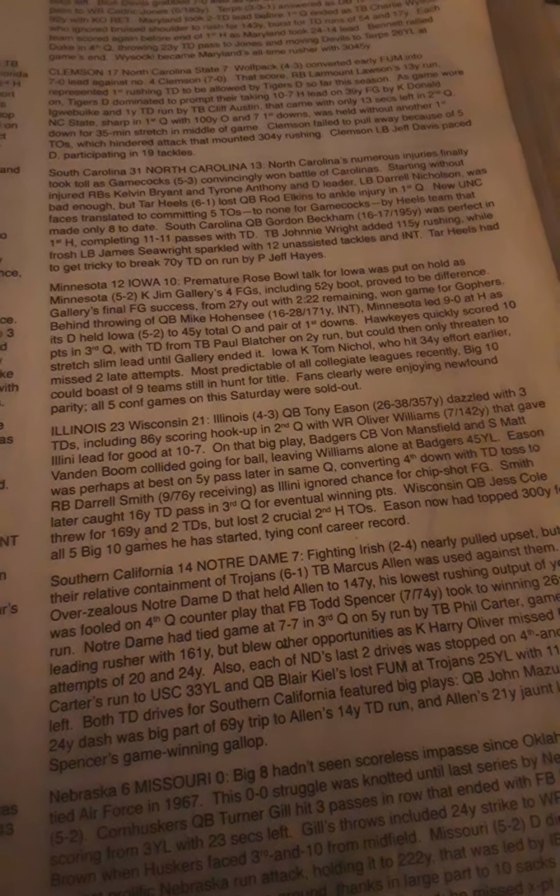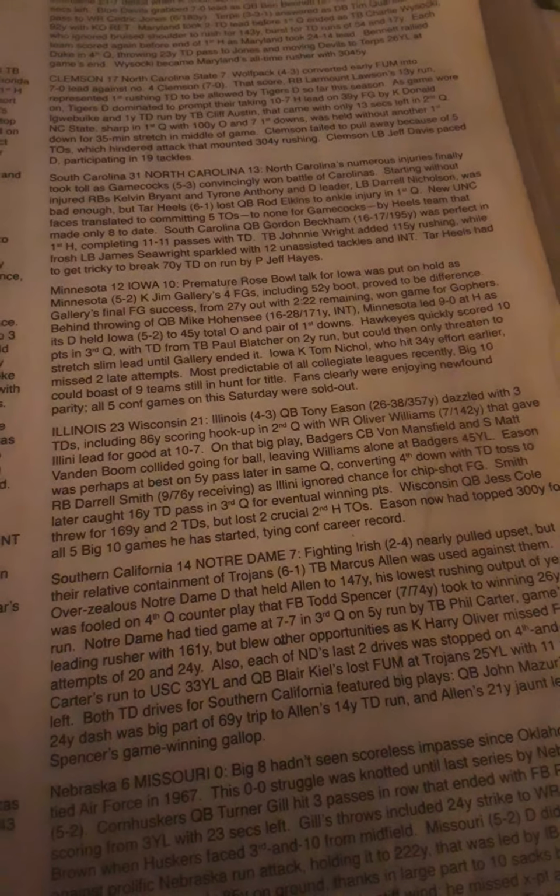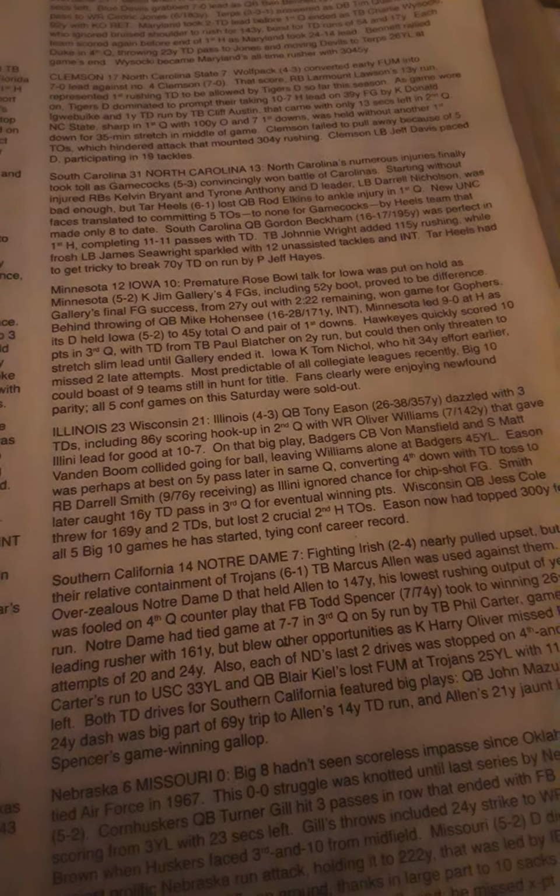Behind the throwing of quarterback Mike Hohensee, Minnesota led 9-0 at halftime as its defense held Iowa to 45 yards of total offense and a pair of first downs. The Hawkeyes quickly scored 10 points in the third quarter with a touchdown from tailback Paul Blair on a 2-yard run, but could then only threaten to stretch their lead until Gallery ended it. Iowa kicker Tom Nichol, who hit a 34-yard effort earlier,